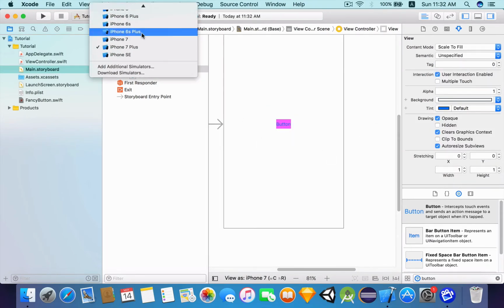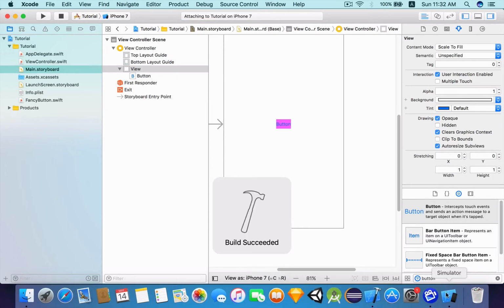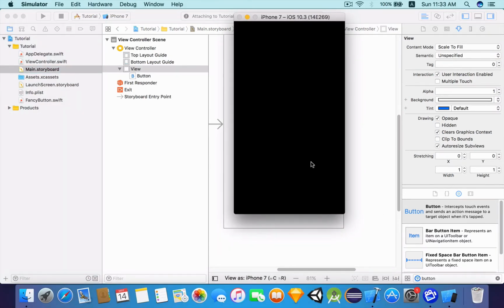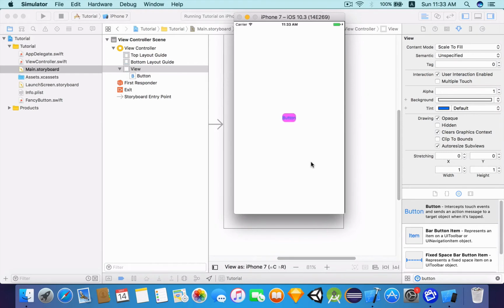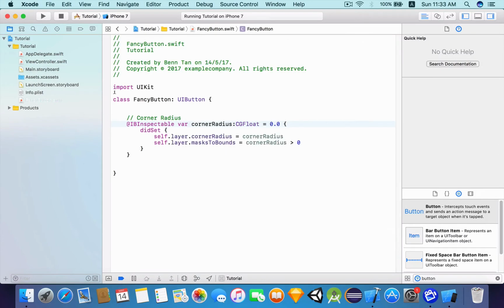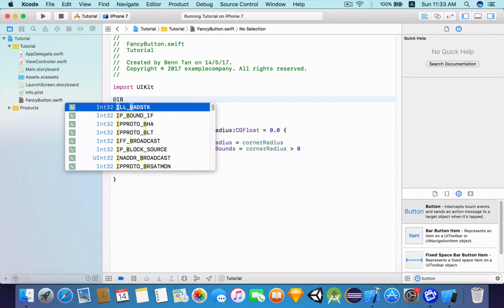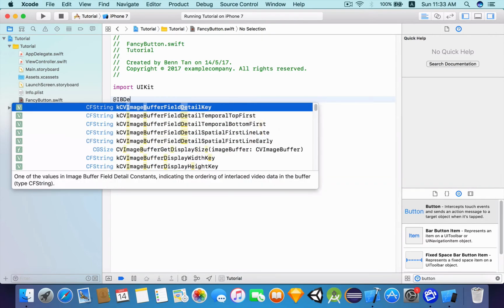Well, now let's take a look at what happens when I run this application on an iPhone 7. And let's see what happens. And now, we see that the corner radius we have specified earlier actually works, but it does not work here. And that is because we didn't add the IBDesignable decorator. So let's add the IBDesignable